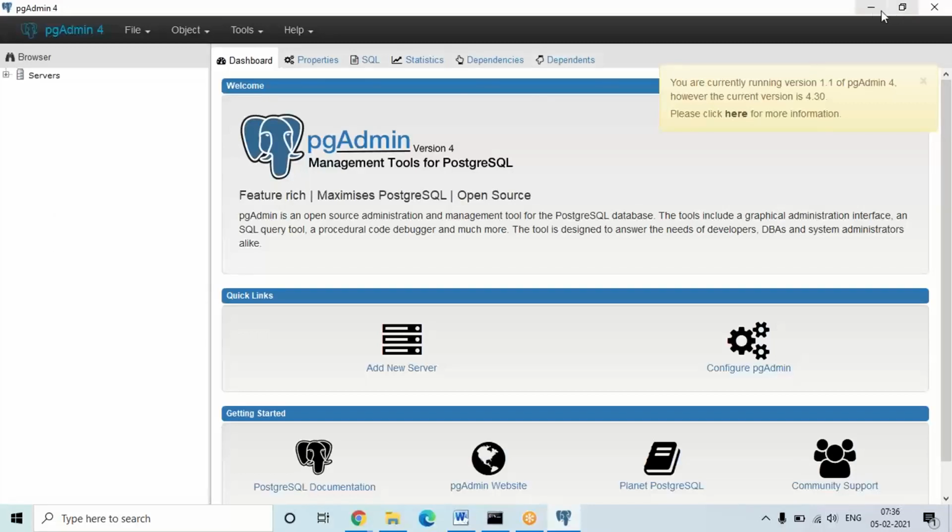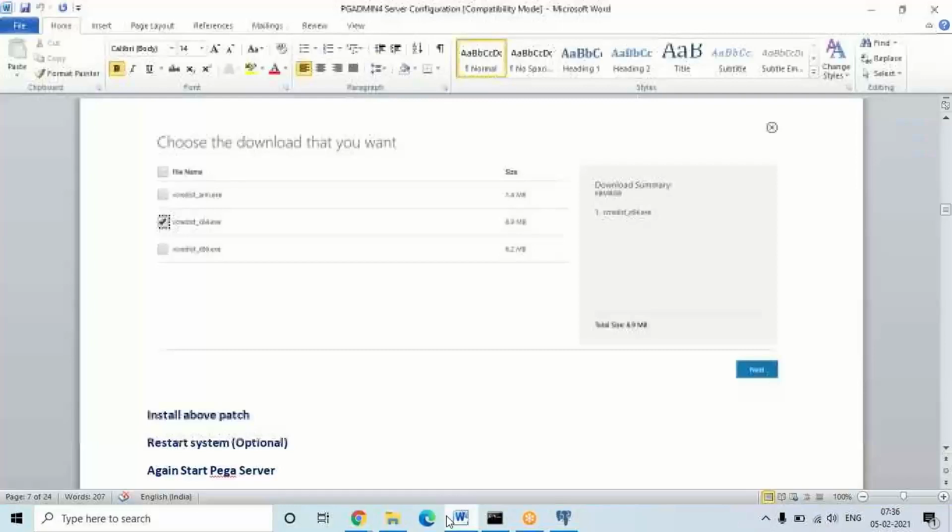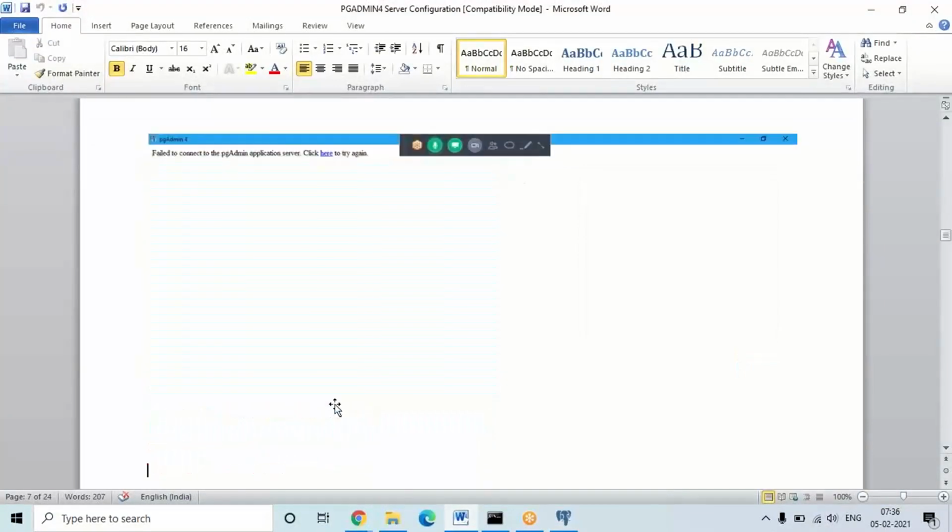Sometimes when you try to open it, you may get a message like fail to connect. If you get that, there is a retry link here. Retry and wait a few seconds. If it is still not displaying or opening, close the window and click the pgadmin4 icon again. Sometimes it is unable to connect to that particular server window.